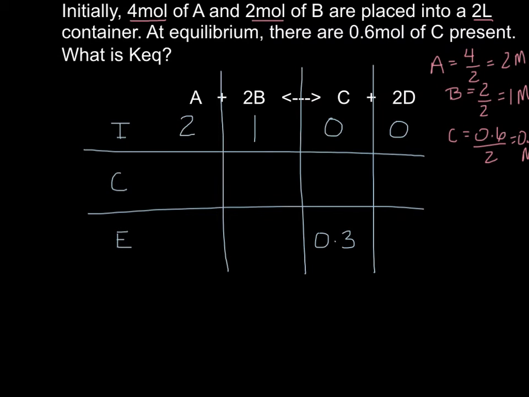So now we have to continue to fill in the table, but we haven't been given any other pieces. Our next step is we're going to fill in pluses and minuses based on how our concentrations are going to change between initial and equilibrium. For our A and our B, we're starting with concentrations of A and B, so as we combine them to form our products, our concentrations are going to decrease. So we're going to put negatives for our reactants. In our products, we're not starting with anything, so our concentration needs to increase. We can't create negative amounts. Because we're starting with 0, we put pluses in our concentration